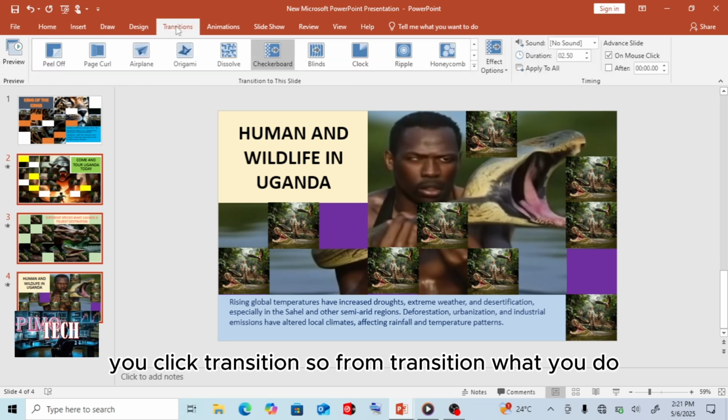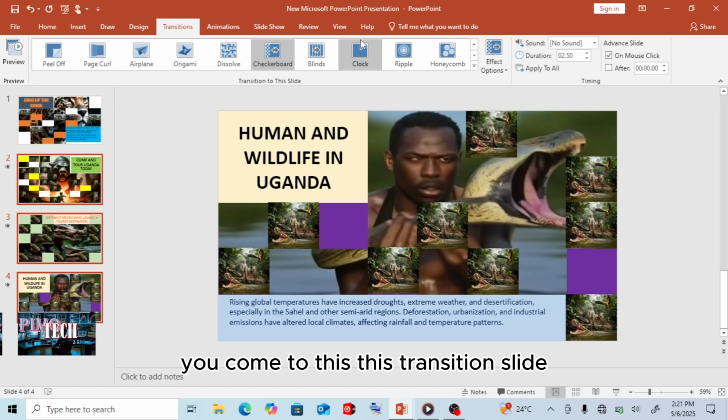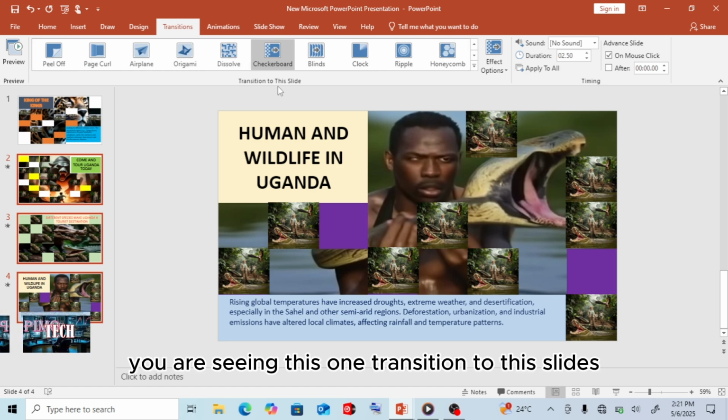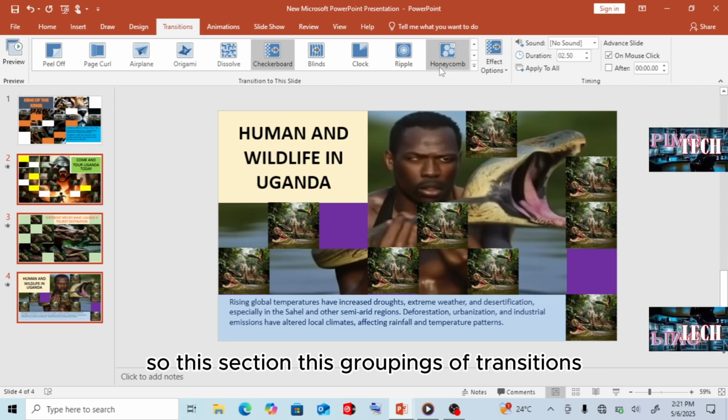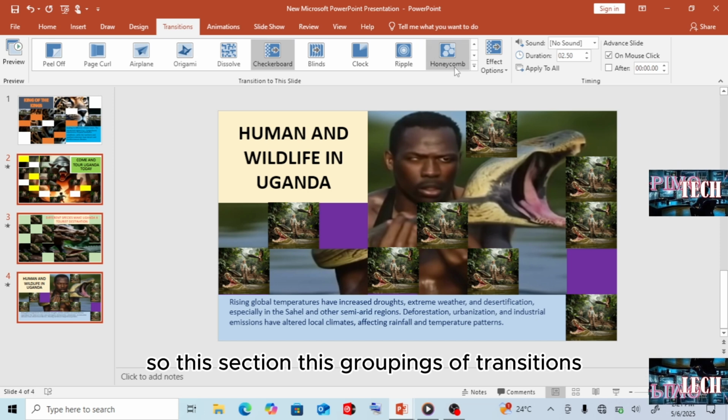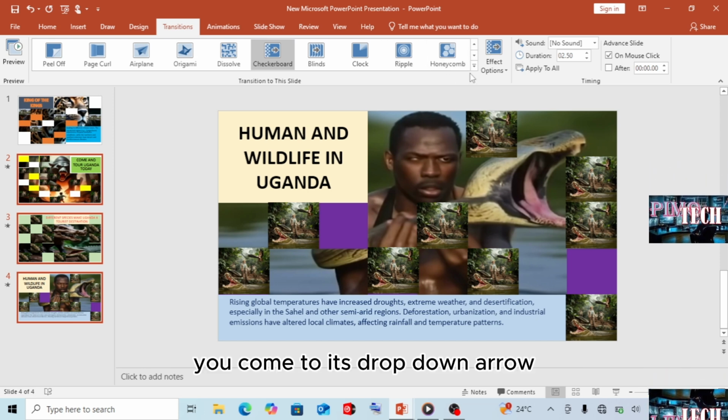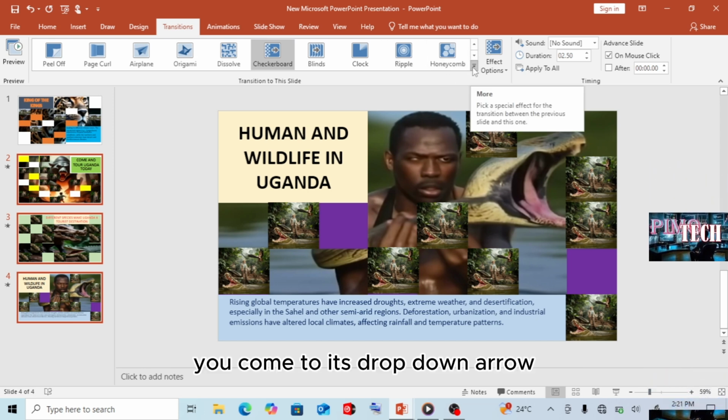After selecting these slides apart from the first one, you come to transition. You click transition. So from transition, you come to this transition to this slide grouping, and you come to its drop down arrow.